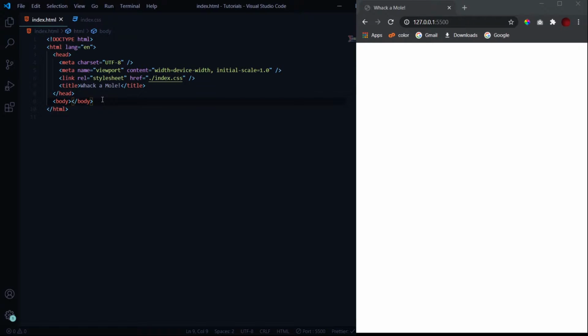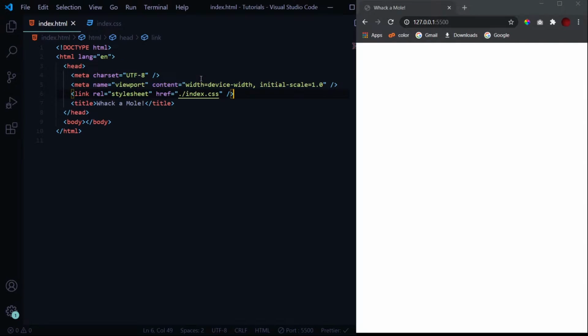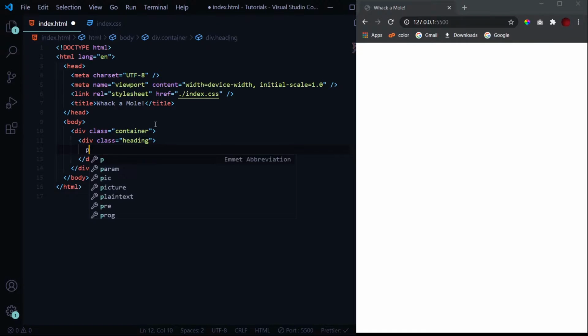So as usual, here I've got this basic layout ready. I have linked an external CSS file in which we'll be doing all the styling part. Now let's get started with our HTML part. So I'll have a div with a class of container. This div is what is gonna wrap all the things. Then our heading, which is just a brief description of what we'll be creating.